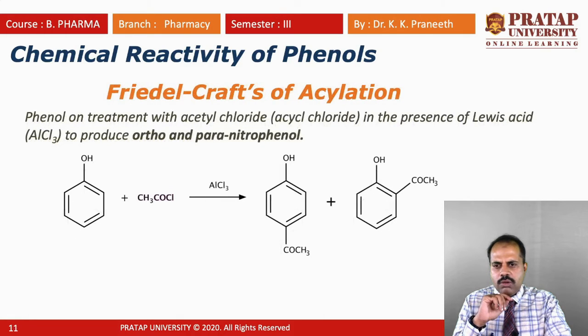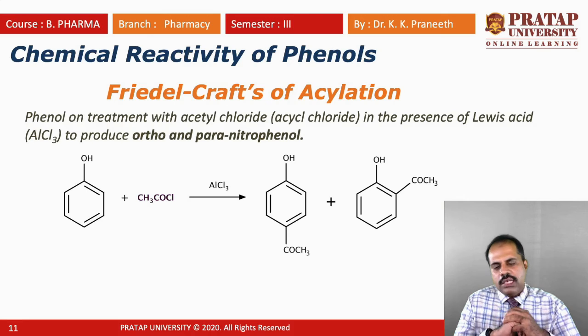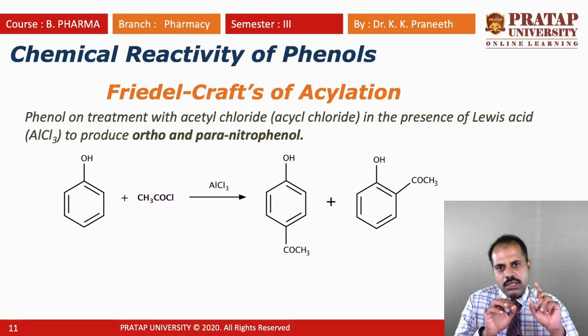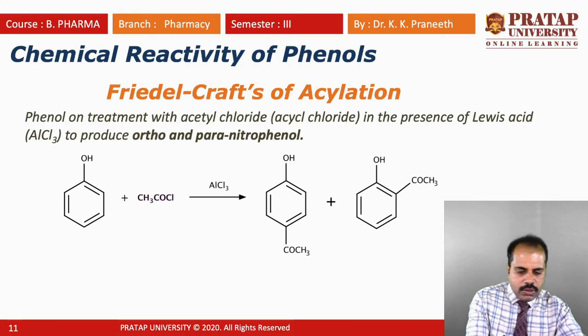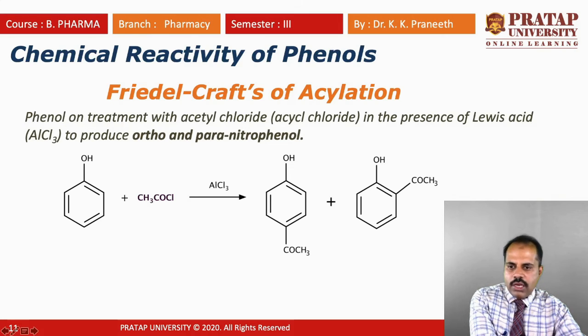The last chemical reaction of phenol is the Friedel-Crafts acylation reaction. Acylation, we already know, the acyl group is CH3CO, CH3CH2CO, and so on, with Cl in the acyl chloride. All these groups are called acyl groups, having an alkyl plus CO attached. RCO, CH3CO, CH3CH2CO, these are called acyl groups. So you react this acyl chloride